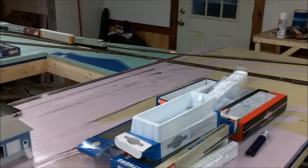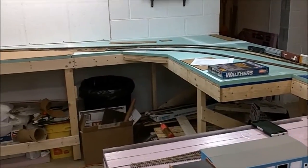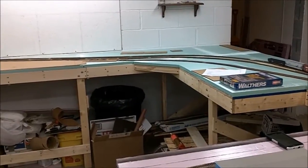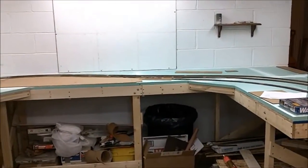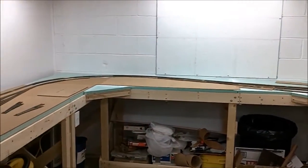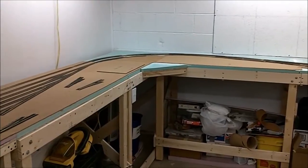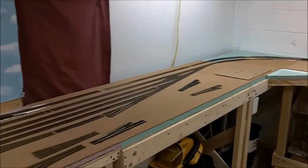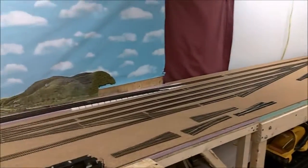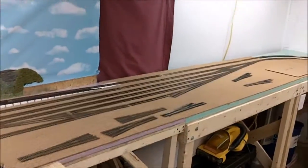As I was laying the track, I was deciding how I wanted to break it up into different blocks, and then I kind of just gave up on it because I didn't know exactly where I wanted to have them. So I can just cut the rails here and there once I've finally determined where and how I want to break it up. But other than that, guys, and another thing with the Micro Engineering turnouts,